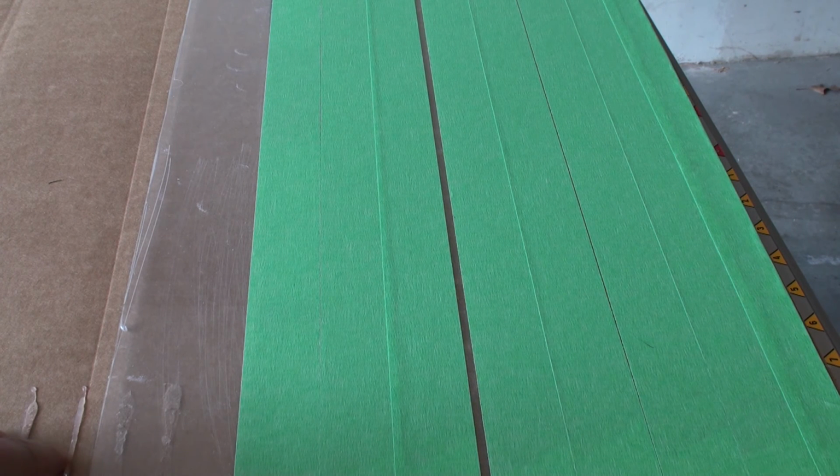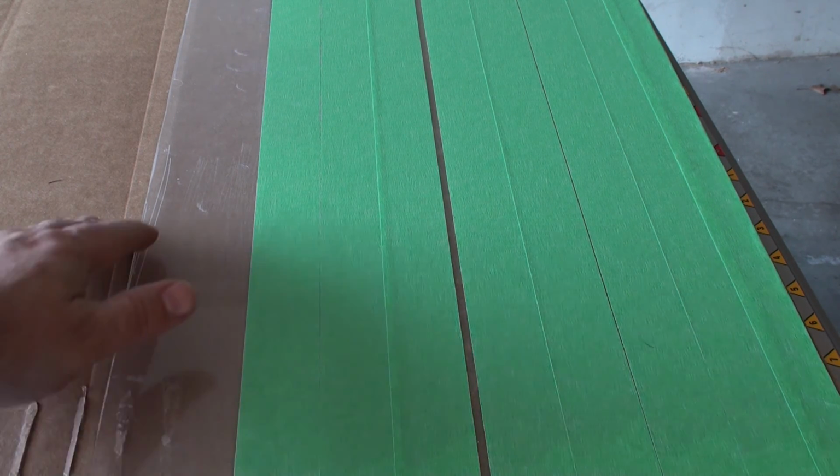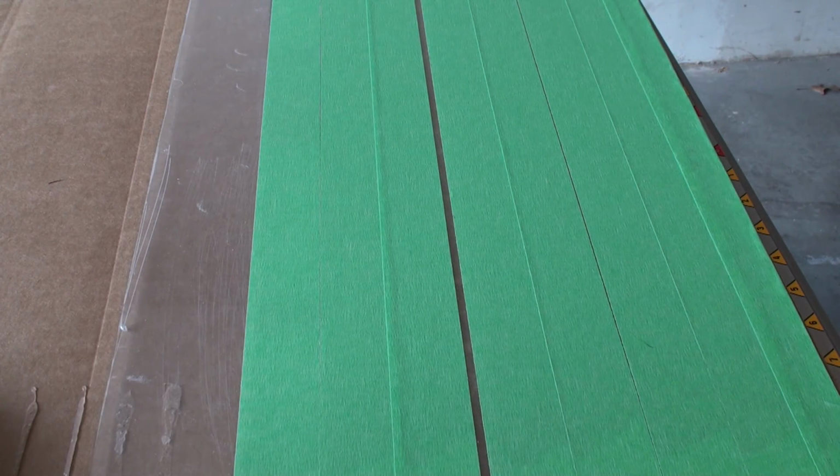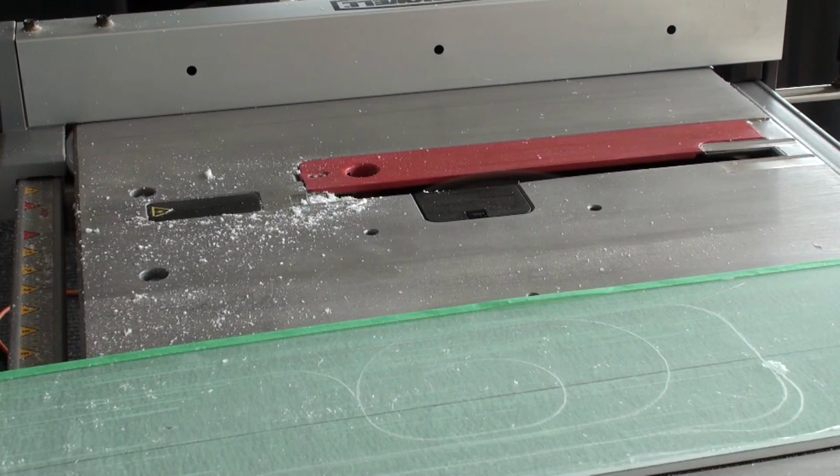Probably, well, in some cases probably not a great idea to do. You can score the plexiglass with a plexiglass cutter, acrylic cutter, and just snap it off, but I found that I was actually scraping up more of the plexiglass than I was cutting it, and so that didn't really work out very well. So I'm going to try a saw. So other people try saws, and